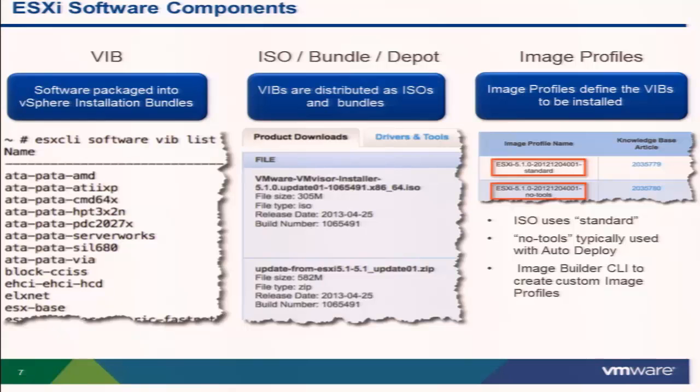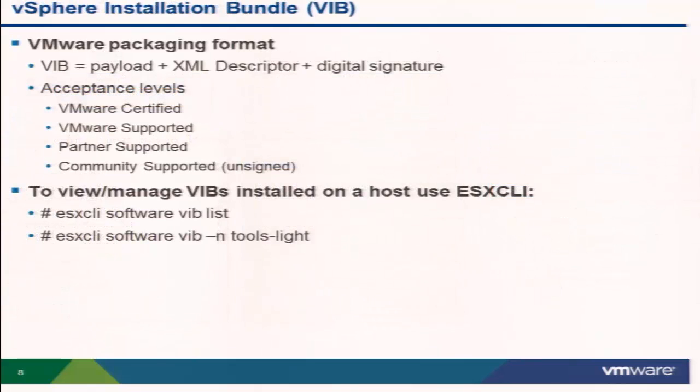So that's how software is distributed. So it really requires that we understand the concept of a VIB. We understand whether I'm going to be working with an ISO image, or I'm going to work with an offline depot, or an online depot, or an offline bundle, and what image profile am I going to use to upgrade my host. Okay, so